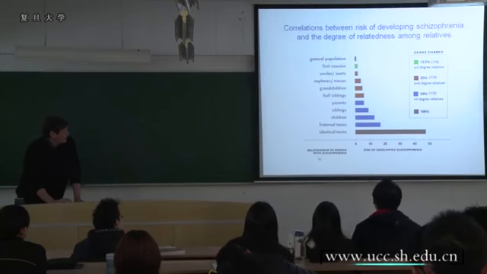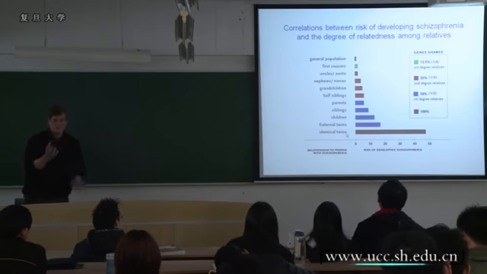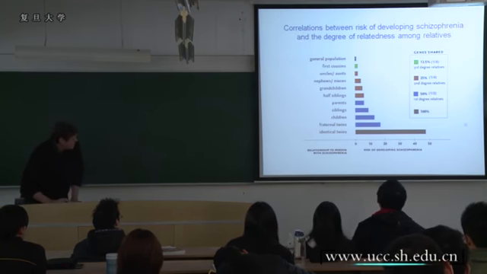And what he showed was that if you look at schizophrenia and the risk of having schizophrenia among different relatives that are related to the person who comes in with schizophrenia, the risk is highest for identical twins, where in theory all the genes are the same, all the alleles are the same, and then falls off as you get further away. So fraternal twins, children, siblings, and parents,